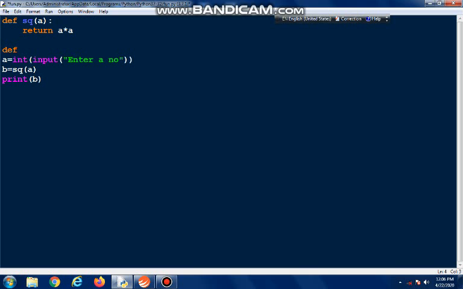Supposing def sum, a comma b. This function will receive two values and it will return the sum of the values.